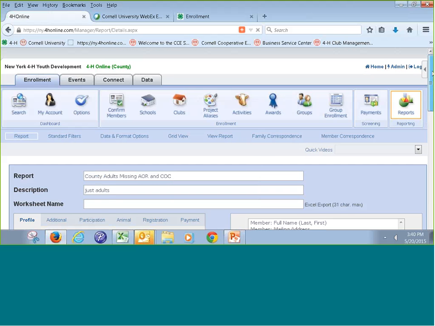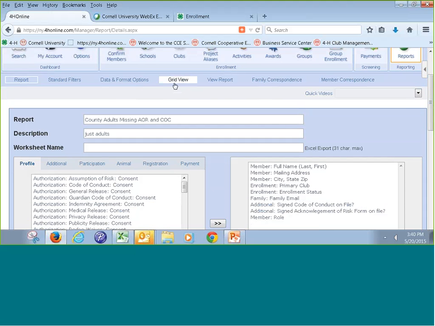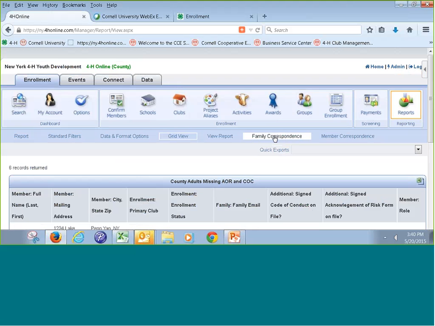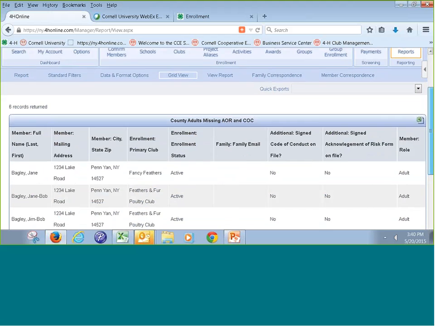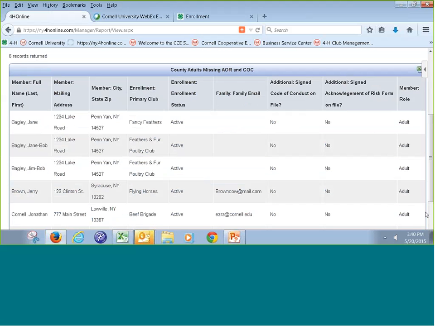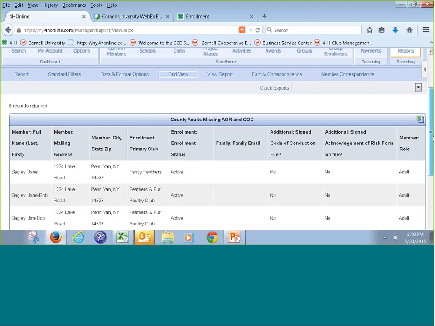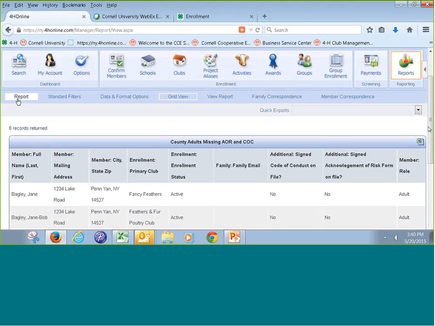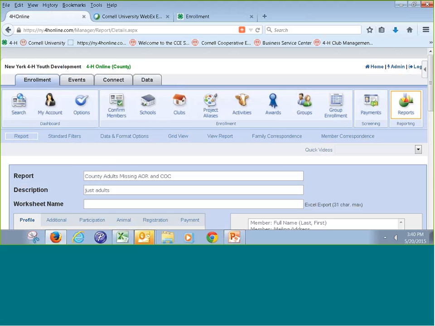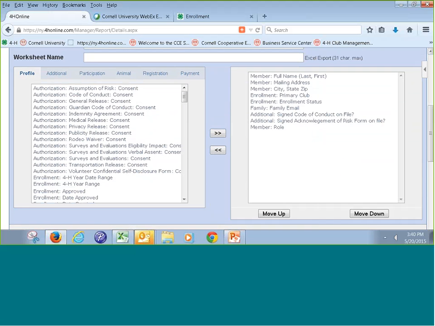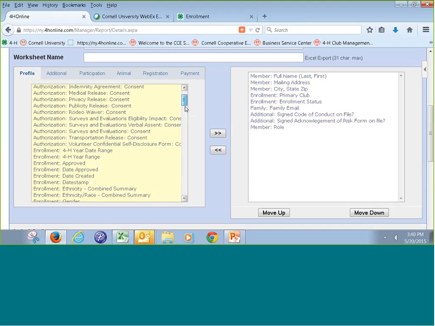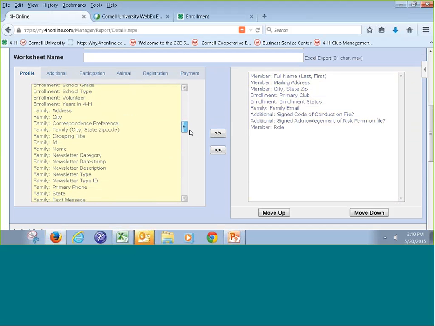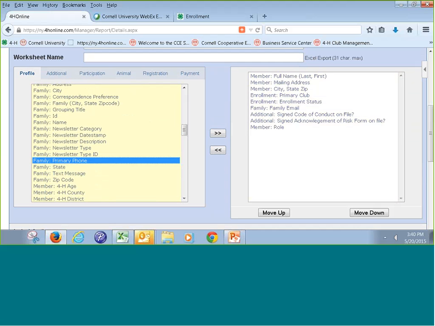And once you go to edit your report, you can click on my favorite field, which is the grid view, which is going to be a quick snapshot of your report. So if I'm in the county, I don't really email people when they have a missing AOR form. Maybe I want to give them a call. I'll just go back to the report options, and I would select the phone number for the family,